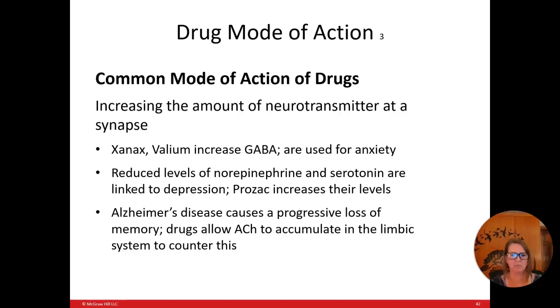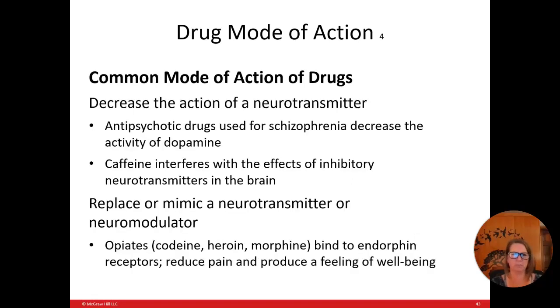Alzheimer's disease relates to a loss of the ability to retain memories. Medications can be given to Alzheimer's patients that increase acetylcholine and allow it to accumulate in what they call the limbic system, the emotion centers, to counteract the memory loss. So moving on,